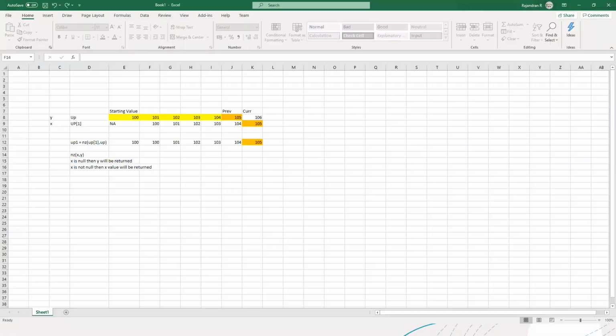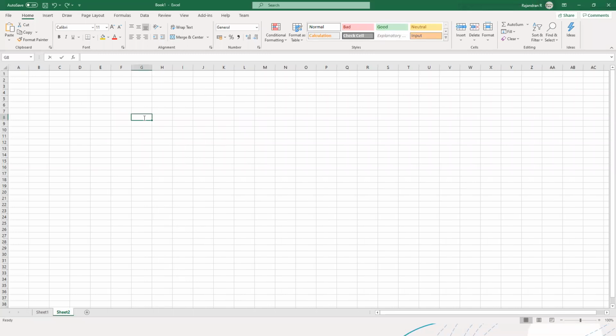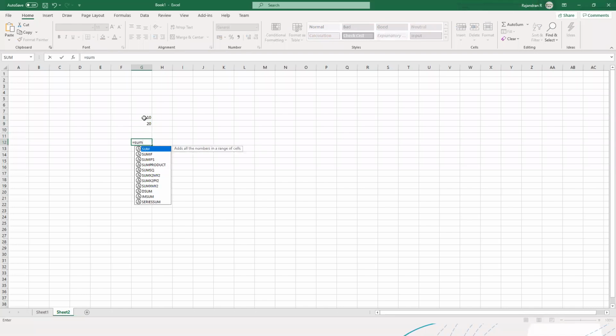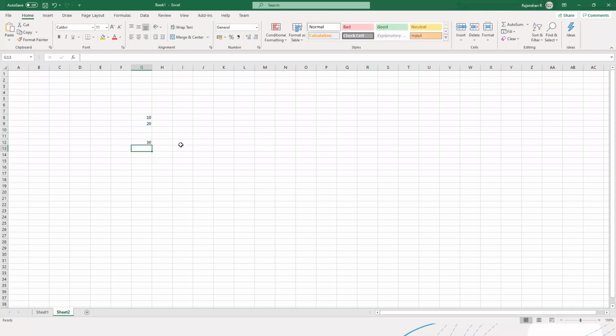So maybe let me pull up an Excel sheet over here. In the Excel sheet, you could have used a couple of functions. Let's say 10 is here and 20 is there. When you're using sum, sum is the function. I'm adding those two numbers. You see that it's a function. It does the job of addition. So here, sum is an inbuilt function in